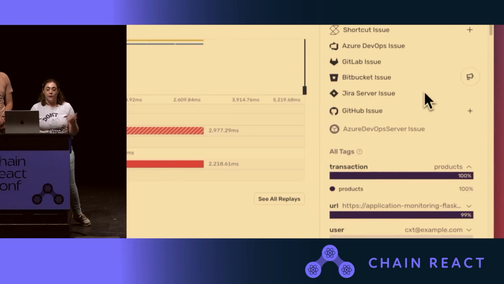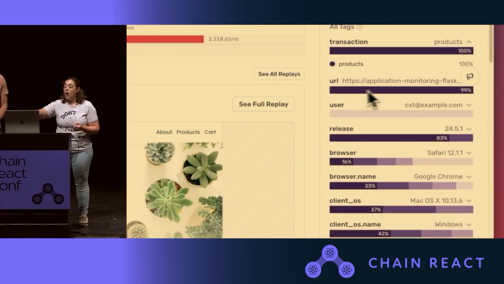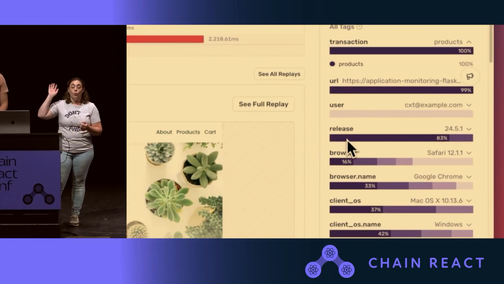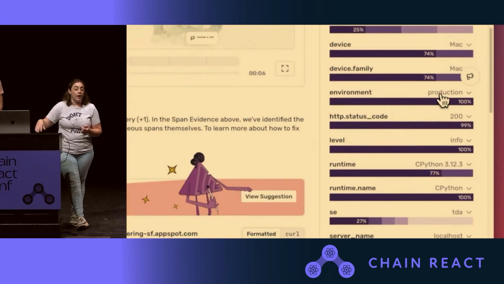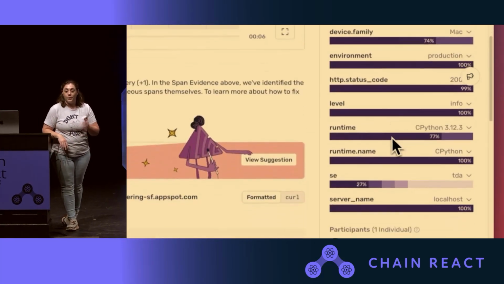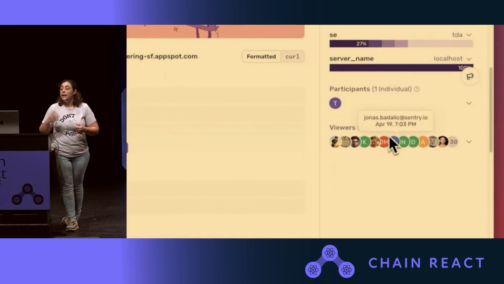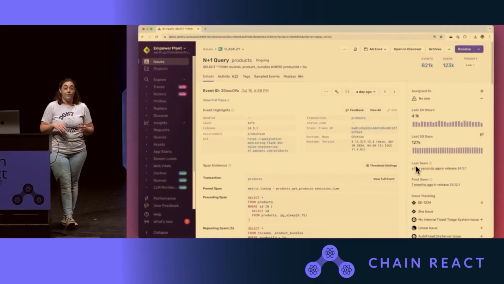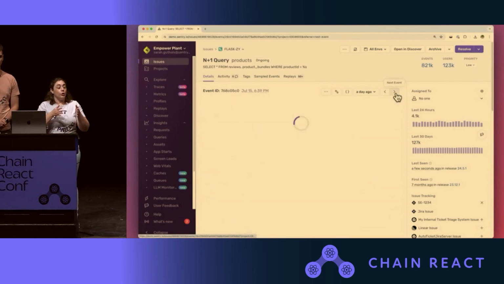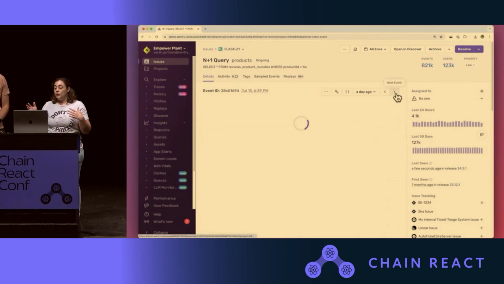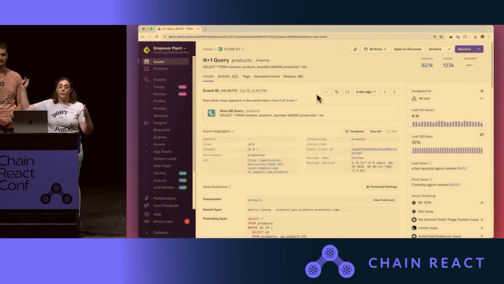Again, issue track in whatever platform you're using, and you get all of this information here. So you can see which users it's affecting, and which environment it's affecting. Is this just in development environment, in which case I want to deprioritize it? Is it in production environment, in which case let's fix this now? We auto group all of our events in these issues together, so that way you can click through and see, is this affecting everyone in the same way, or is there different information happening on different